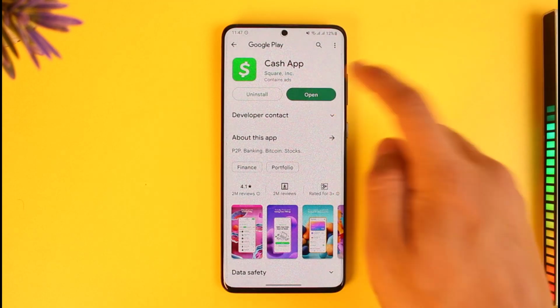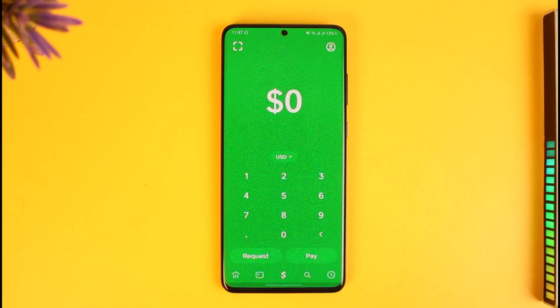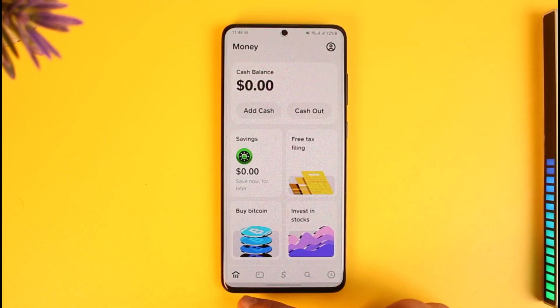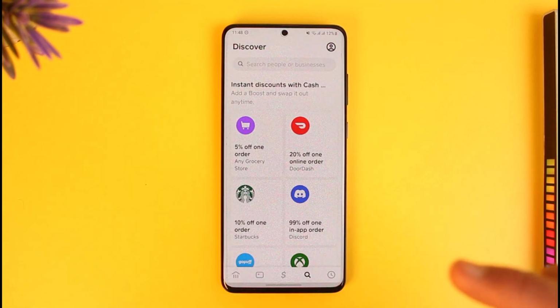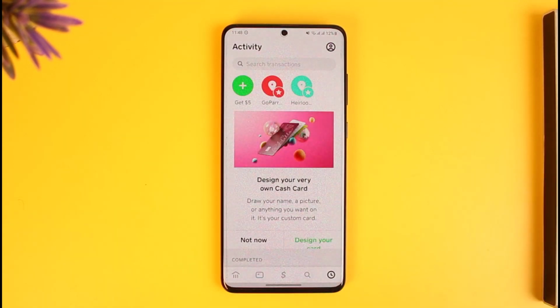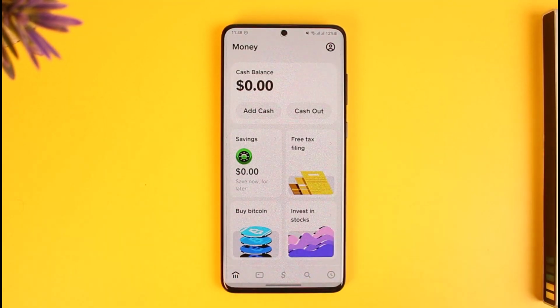Now, first of all, we're going to open up Cash App. When you first open Cash App, this is the interface you're going to see. Here you can see your home button, the cash card button, the dollar button, the search button, and the activity tab. We're going to get started with the first button over here, which is the home tab,